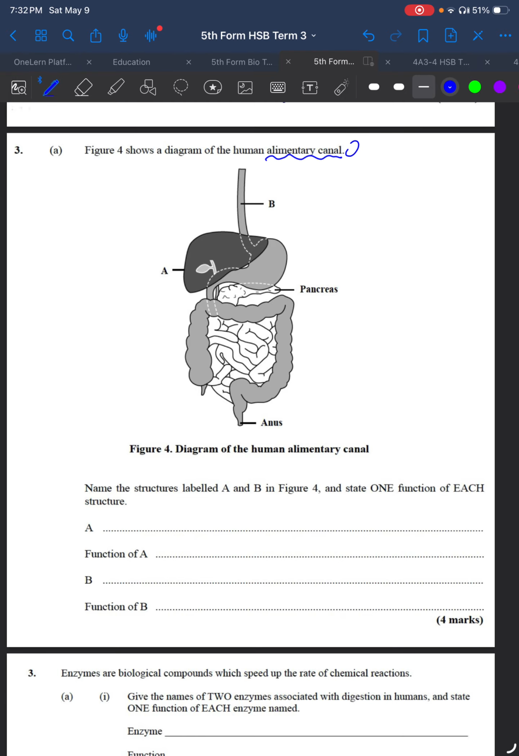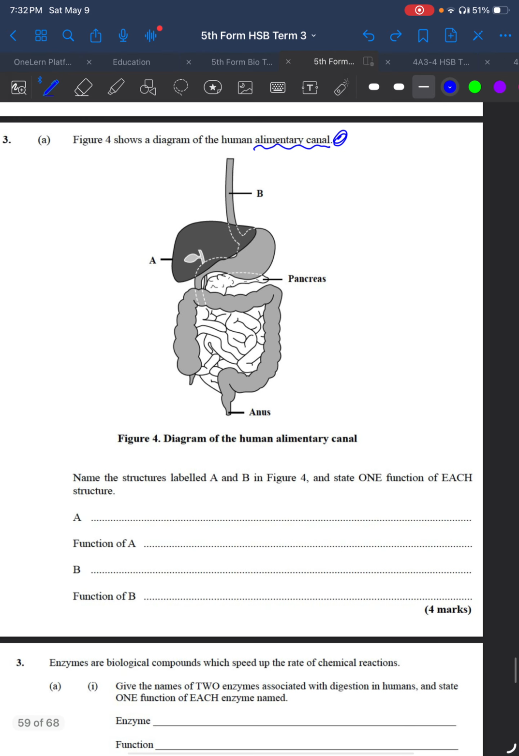And this alimentary canal just means a tube going from the back of the mouth all the way down to the anus. So name the structures labeled A and B in figure 4. So A is the, what is it? The liver, right? We see the gallbladder right here as well. And the function of A, we said the function of A was to make bile,